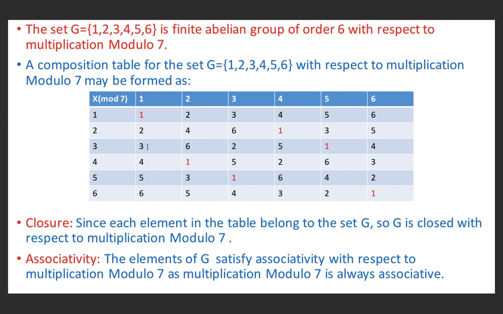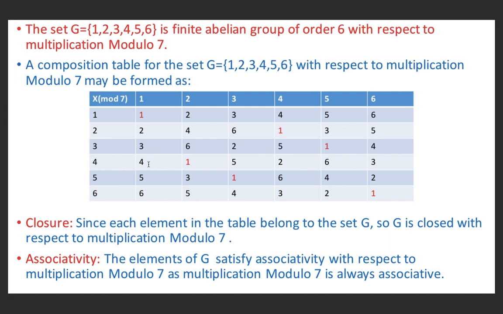To write the elements of the third row, we multiply the elements of the top border row by 3 and then divide the resulting element by 7. So 3 into 1 is 3. When we divide it by 7, the remainder is 3. 3 2s are 6. The remainder will be 6. 3 3s are 9. When we divide 9 by 7, the remainder will be 2. 3 4s are 12. When we divide 12 by 7, the remainder is 5. 3 5s are 15. When we divide 15 by 7, the remainder is 1. 3 6s are 18. When we divide 18 by 7, the remainder is 4.